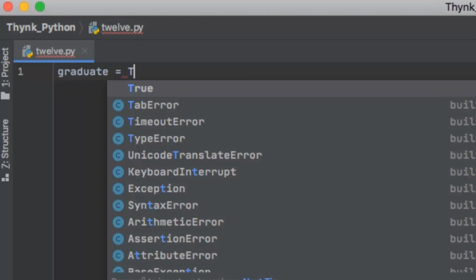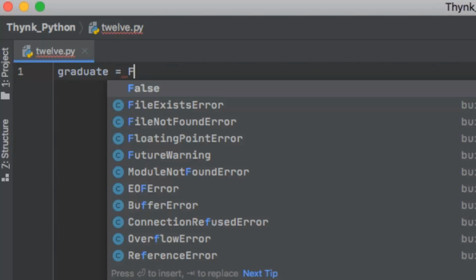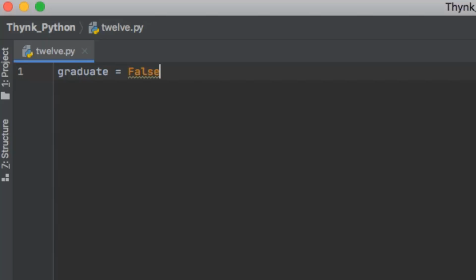First of all, I take a variable graduate and I define this to be true. How can you define this to be true? If I'm using the expression true or false, then if I say true, it means that being a graduate is true. That means the candidate is a graduate. Similarly, if I say graduate is equal to false, then Python would infer that the candidate is not a graduate.